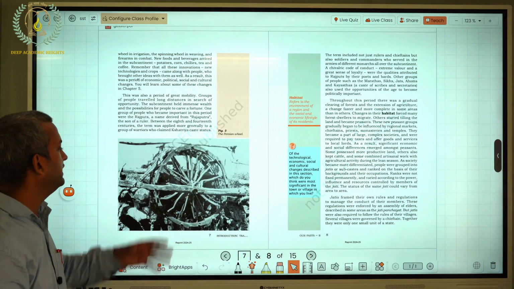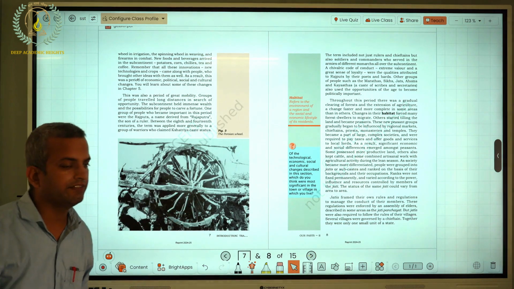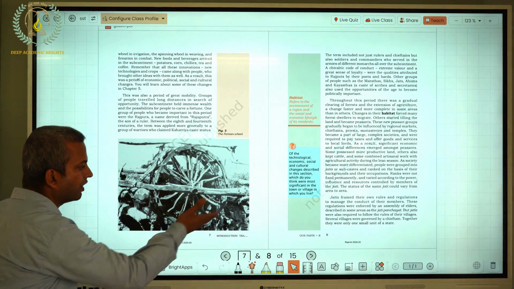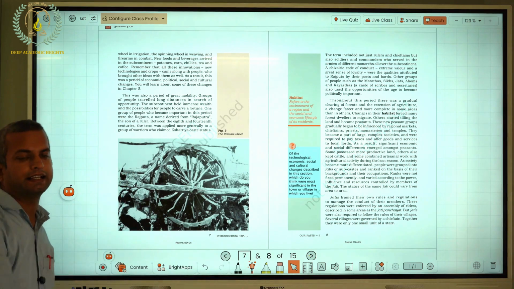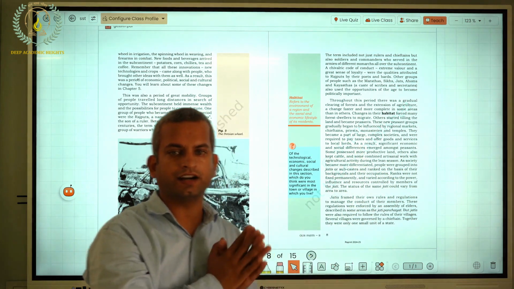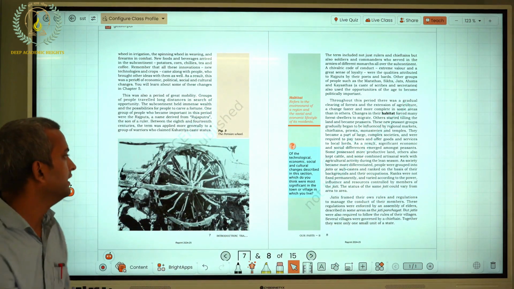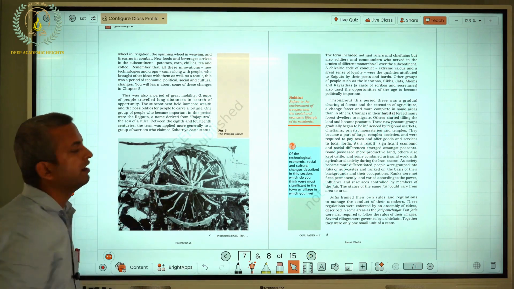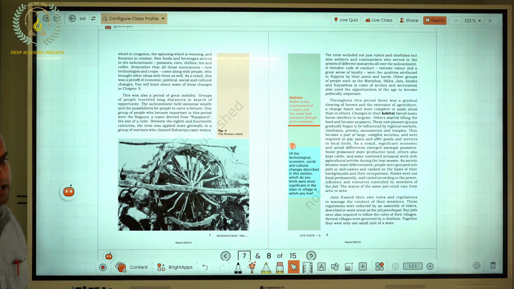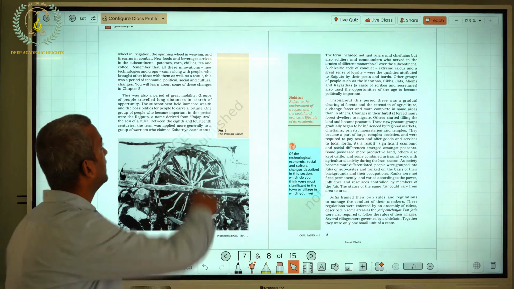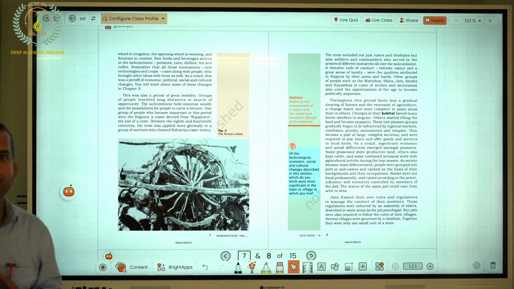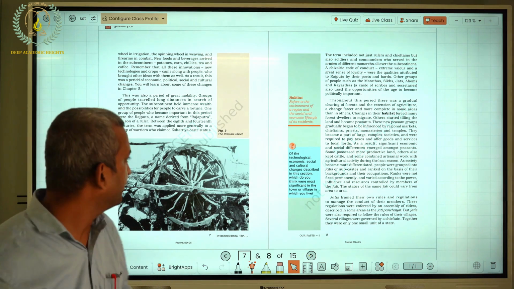Now, moving ahead, we will see this map of the Persian wheel. The Persian wheel is a kind of instrument used when a river source is taking water from one side and tipping it into a canal. From there, various veins or subparts are drawn, which lead to the agricultural field. This is a traditional method of irrigation. Not just this, spinning wheels were also introduced at this time. Food items also emerged. For example, potato came, corn came, chili came, and tea and coffee also came in this medieval period between 700 and 1750.